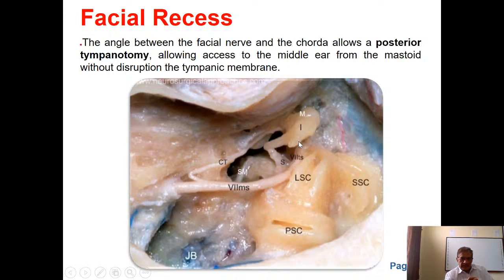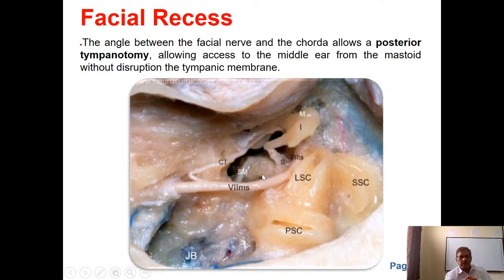So basically, you should understand this. We are once again repeating the horizontal semicircular canal. That's the bulge. Just below that is the horizontal semicircular canal, so the horizontal part of the facial nerve becoming the vertical part, and that is the incus, that is the lenticular process, and the stapes, and the whole window is covered by that, and then that is the bulge, which is the promontory, and just behind that is